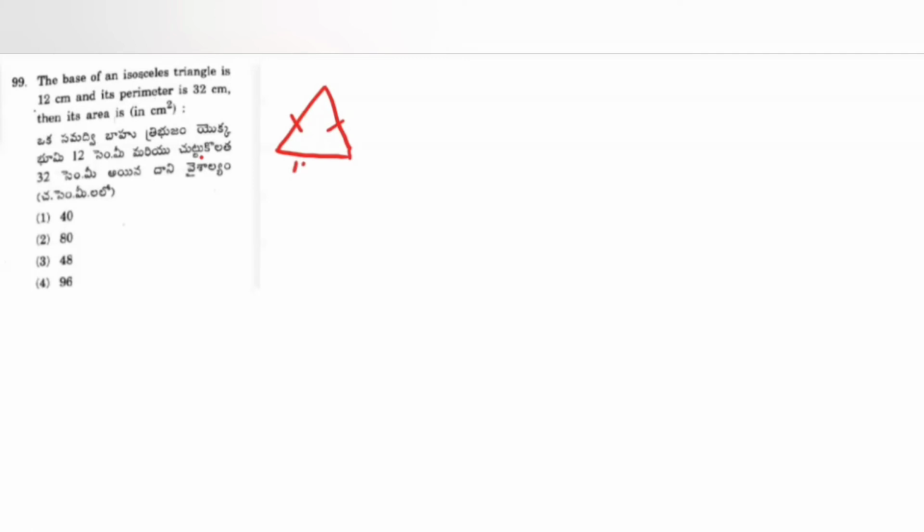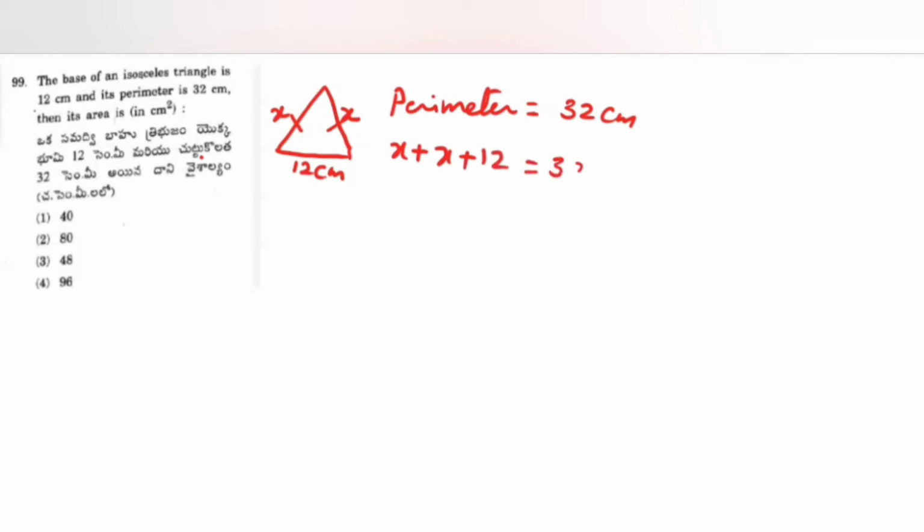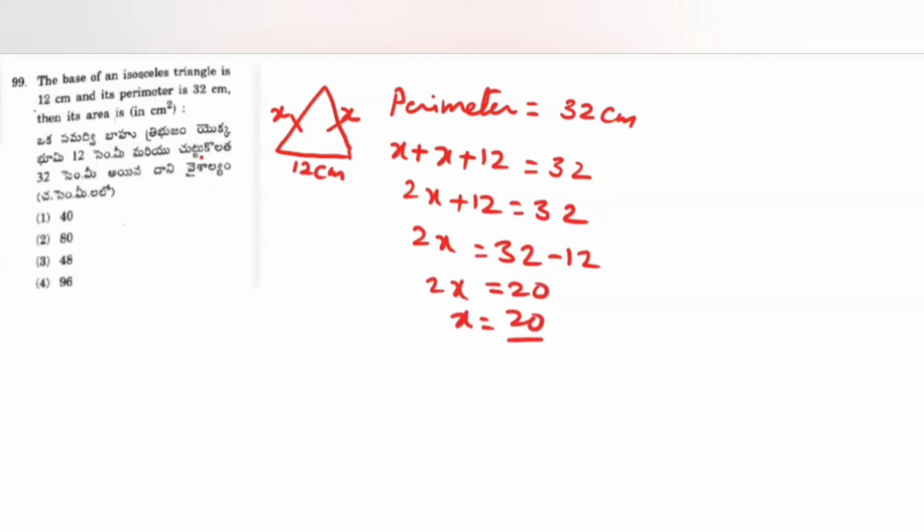This is 12 centimeters. And let these two other sides be x each, because as they are equal, let us think those both are equal to x. Now, given perimeter, the perimeter of the right isosceles triangle is equal to 32 centimeters. So let us add up all the sides. x plus x plus 12 centimeters gives you 32 centimeters. That means 2x plus 12 is equal to 32 centimeters, and 2x is equal to 32 minus 12, which is 20 centimeters, and x is equal to 20 by 2, which is 10